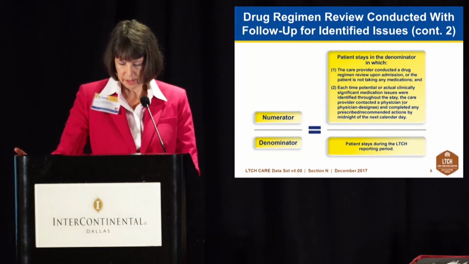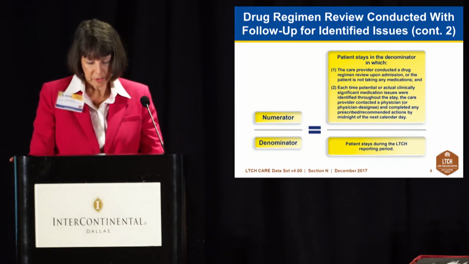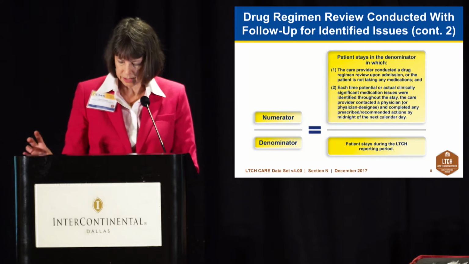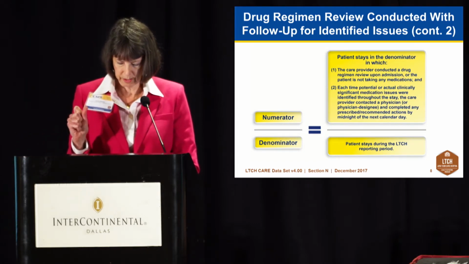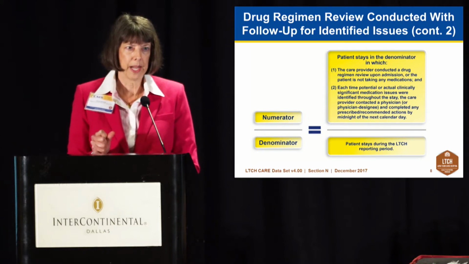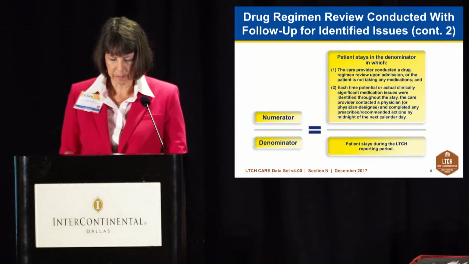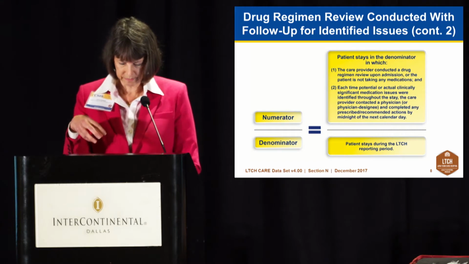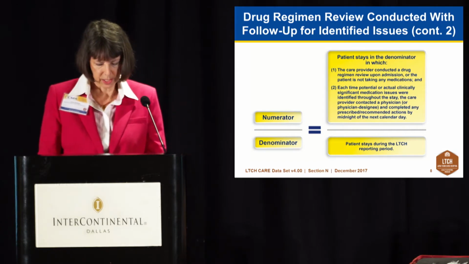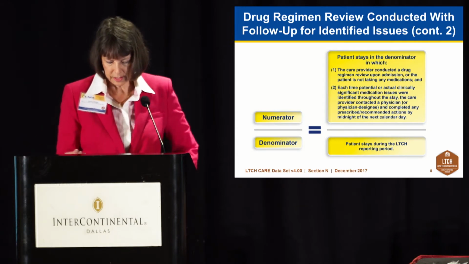So let's work our way from the bottom up. The denominator represents the number of patient stays in your LTCH during the LTCH specified reporting period, and that's your denominator number. The numerator represents the number of those patients who were in your denominator figure that met the following criteria. So the patients, the stays where,